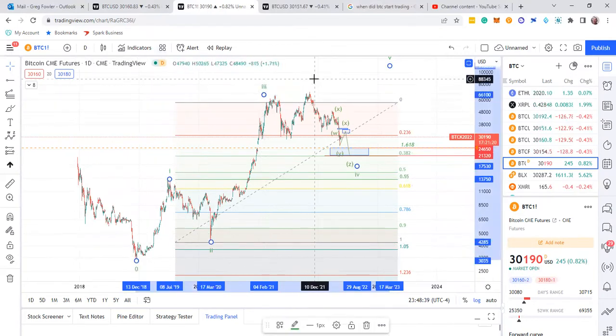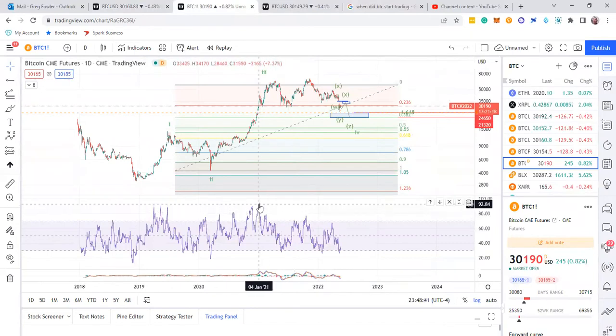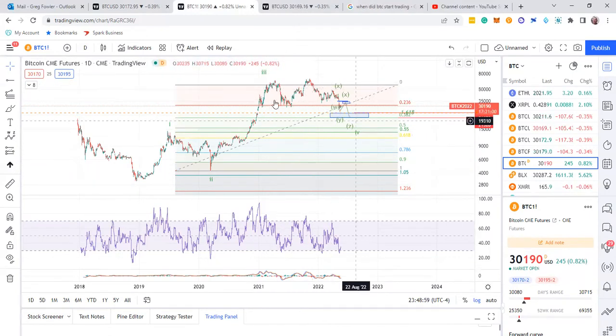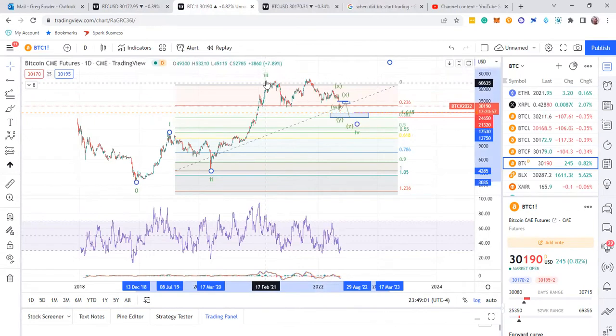The third ended there. How do I know that? See that highest peak? There's your third wave. Came down. There's your fourth wave. Okay, it's not up here, it's not over here. So technically, Bitcoin has been in a correction since February of 2021. All of that was a correction. So a third wave ended there, and there's your confirmation right there. That's your third wave peak, came down, created your divergence, and made its fifth wave right there.